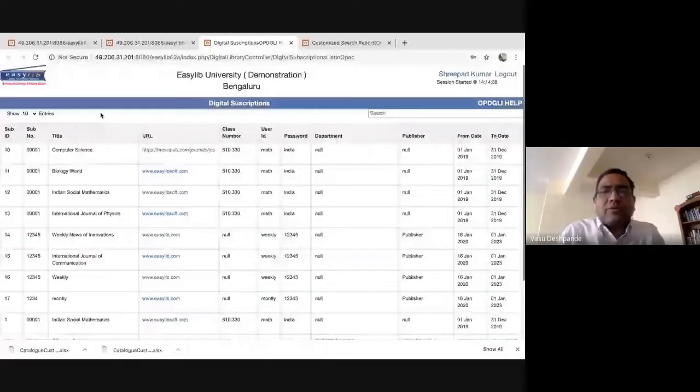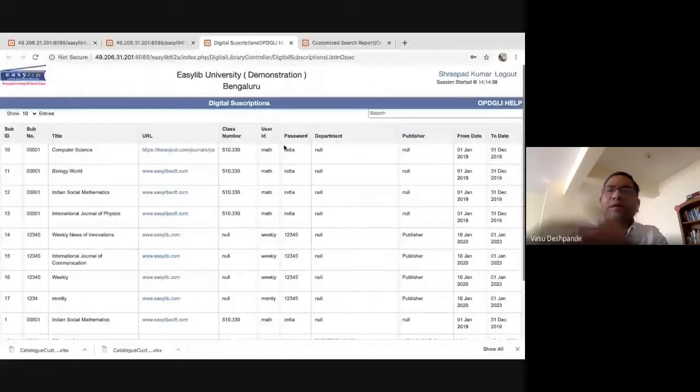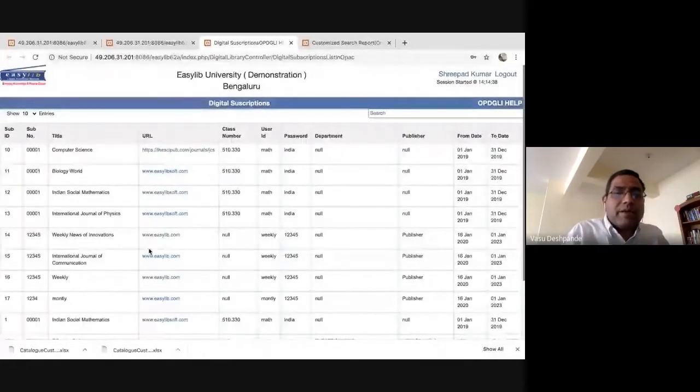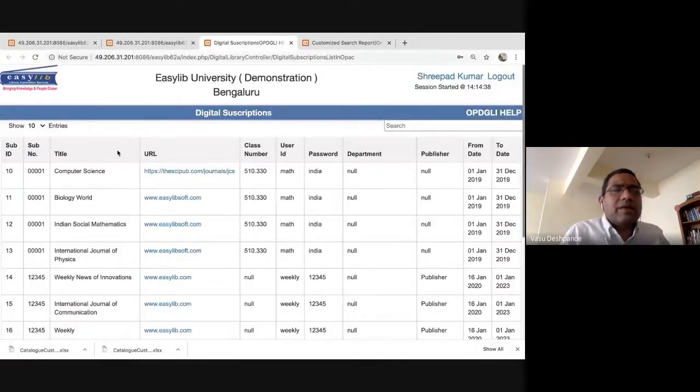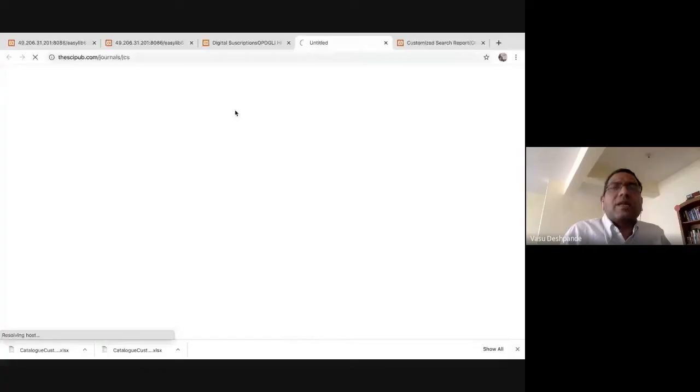D. What does this D stand for? Digital subscription. You spend lakhs of rupees, if not crores of rupees, on the journal subscriptions, right? Here, what you can do is, if you have subscribed to about 1,000 journals or 100 journals, just simply take the data and load it over here. The students would be able to see, and let me increase the font a little bit. You see over here, computer science, biology, world Indian social, all those things. If they are interested and they want to click on this, they just click on it, it will go and